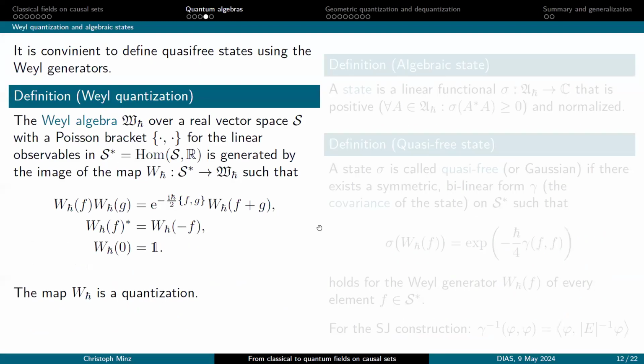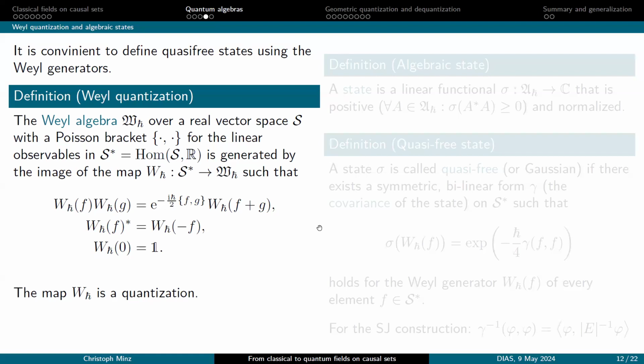Okay, so another quantization method is also quite often taken, and I want to introduce it here because it helps us understand a particular type of state, namely the state that the Sorkin-Johnston two-point function corresponds to, which is the Weyl quantization. The Weyl algebra is usually constructed in such a way that you start from your phase space, so essentially the solution space that I mentioned earlier, which is a real vector space